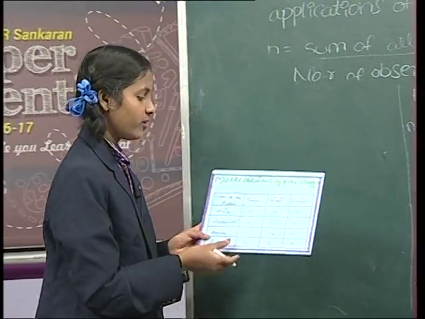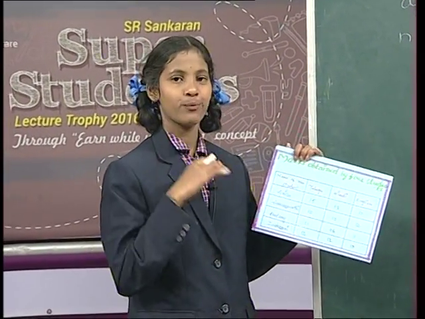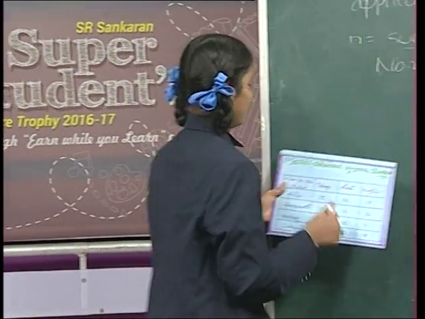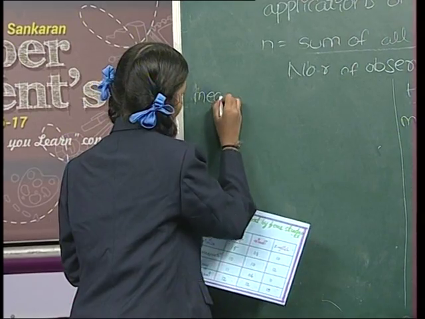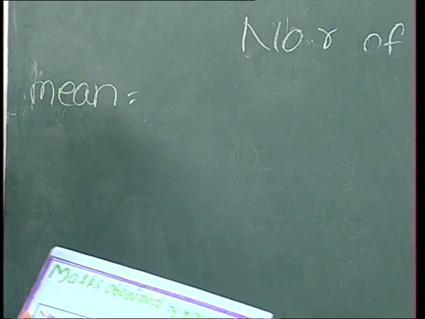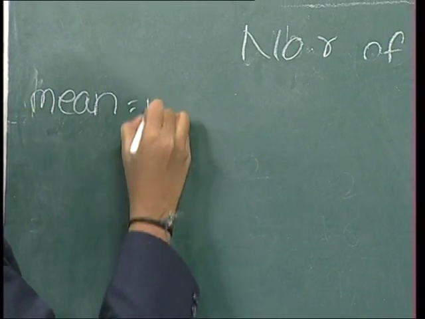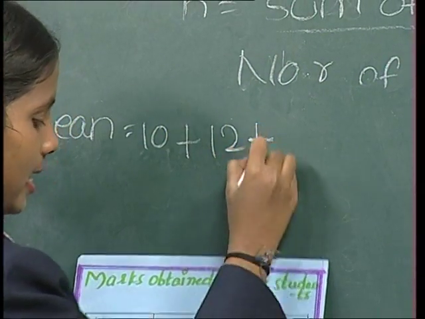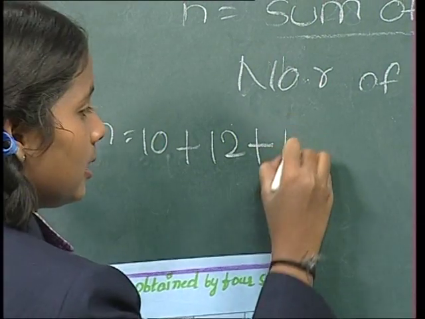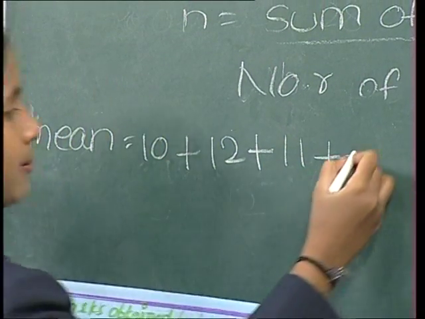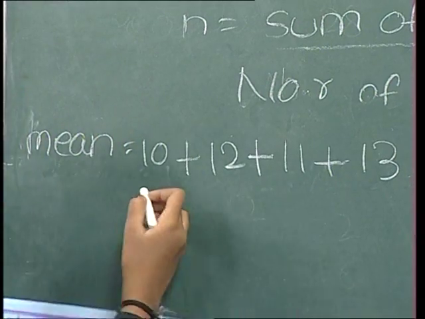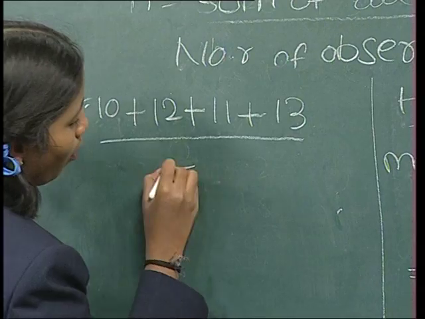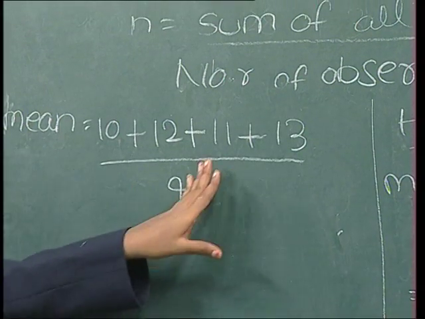First, as per the definition of mean, we have to find the sum of all these marks of the English subject, divided by the number of marks. The marks are 10 plus 12 plus 11 plus 13. That's all. So we divide by 4. The sum of all these marks is